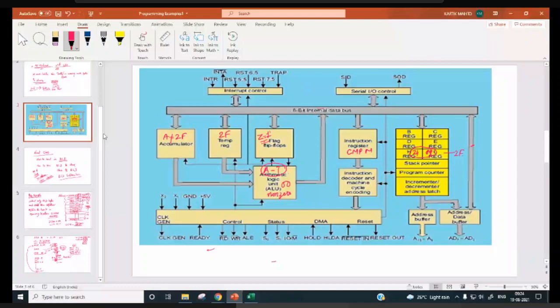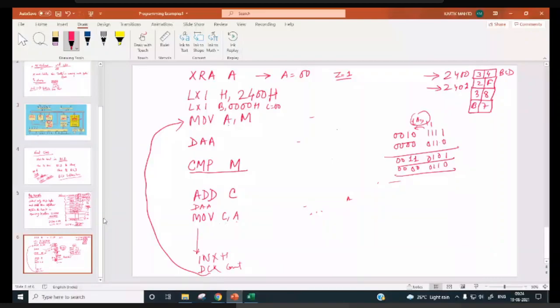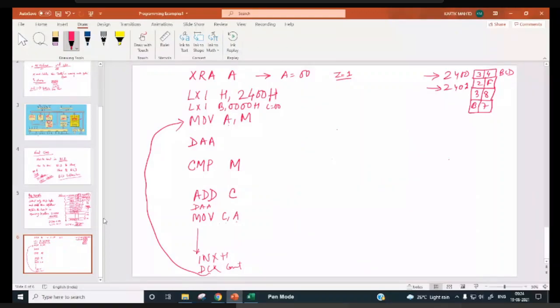I will delete all. After this compare instruction, we need to write an instruction JNZ, jump if not zero. What we have to do? We have to skip addition. Now, if zero flag equal to 1, then you have to add.